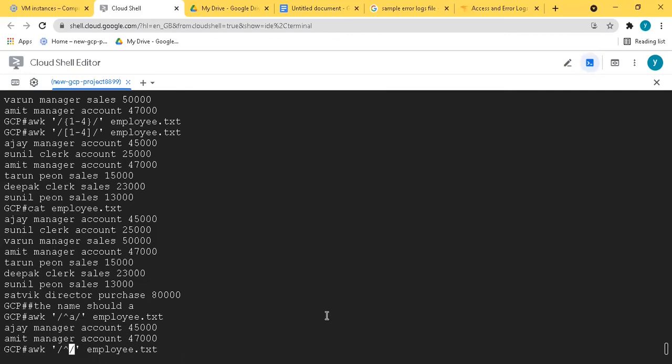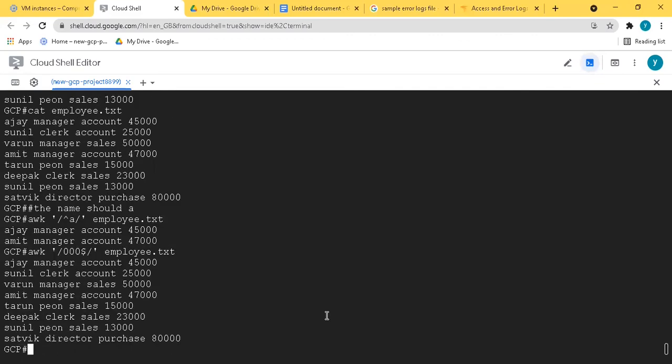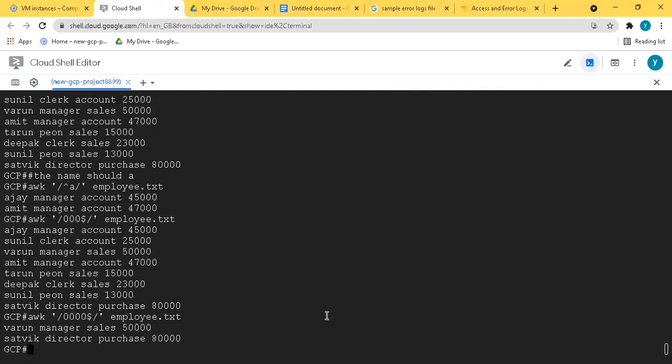So it should be like 0 0, where 0 0 is coming at the end. So it will show the salary for everyone. But if I mention four zeros here, it will show only one salary, which is 80,000. Okay, 50,000 is also there. So four zeros are there. So dollar and caret, you have to remember, these will always be helpful to you in every situation.